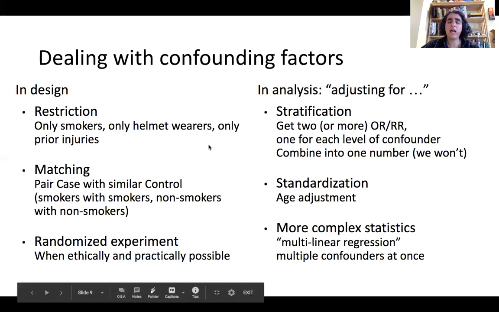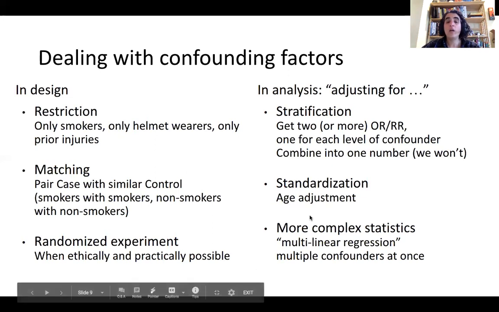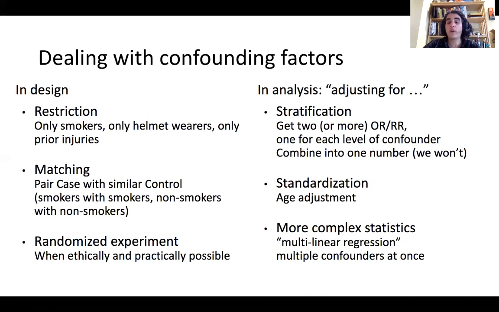So you can do that in design, or you can do that in the analysis. That is, you go out and you collect your data, and there are these confounding factors, and you do things that we've been doing, like stratify your results by a confounding factor. There are ways of taking these different odds ratios and combining them into a single number. We won't get into it. You can standardize age adjustment, which we talked about earlier. That's a way of correcting for the confounding factor of age. That's a huge deal. And you can do things a lot like age adjustment to deal with other confounding factors,